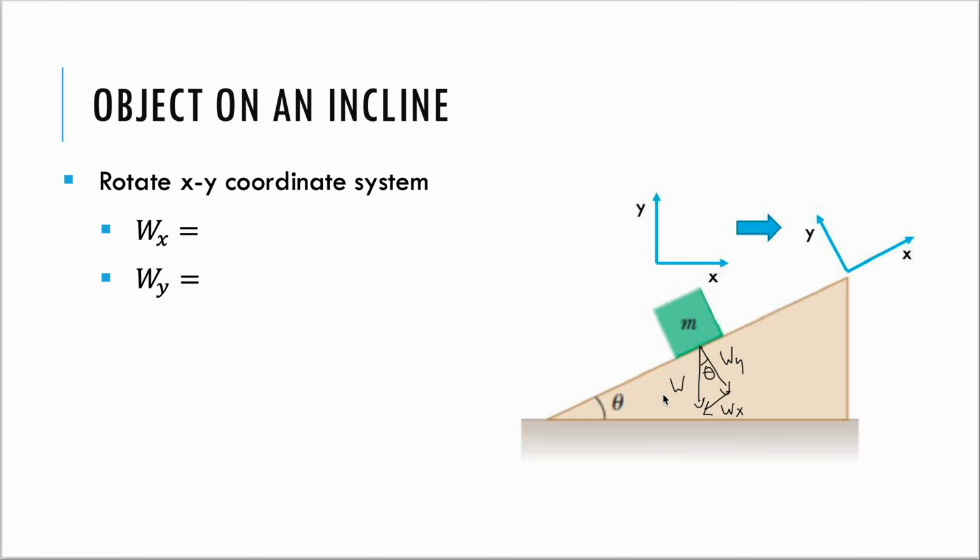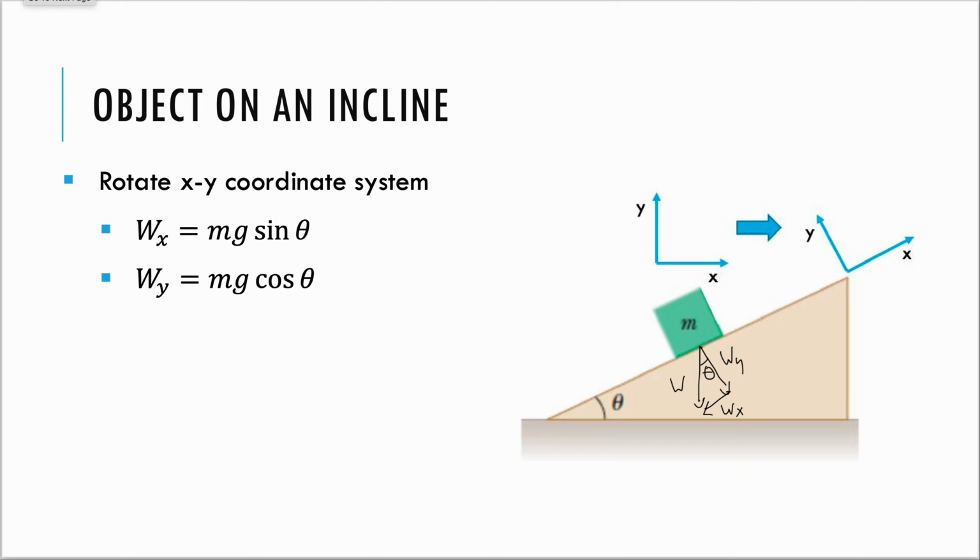So that means your weight has an x and a y component, which you can find using the trig functions. The x component will use the sine function because it's opposite the angle, and the y component will use the cosine function because it's adjacent to the angle. You will have to substitute these components into your Newton's second law equations when you are solving problems with objects